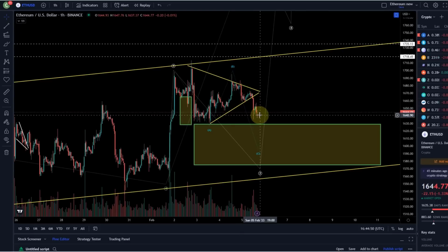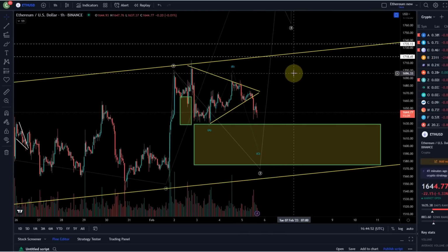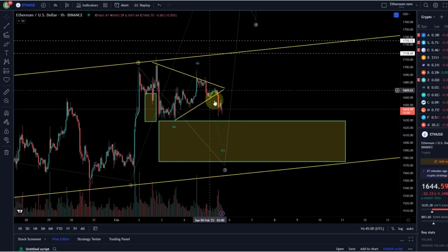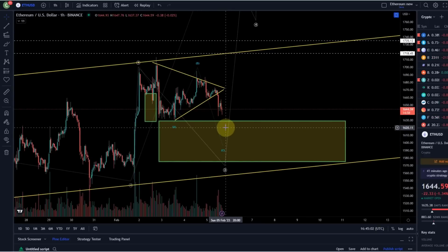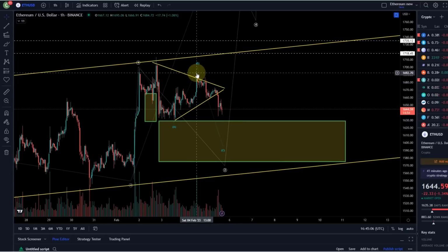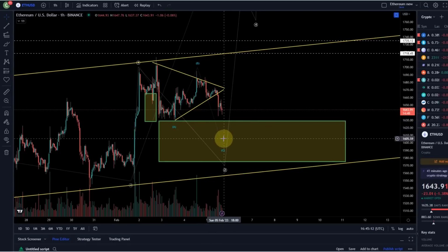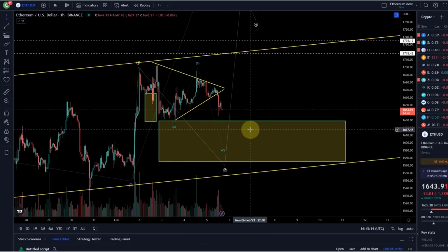We would have some initial evidence that we are breaking to the upside if we break above the B wave high at 1695. But without a problem also here, the C wave could extend out further in an extension, and we then have an expanded flat. No, it's not. It would just be a regular flat pattern where the C wave goes below the A wave, which is the standard, I would say.